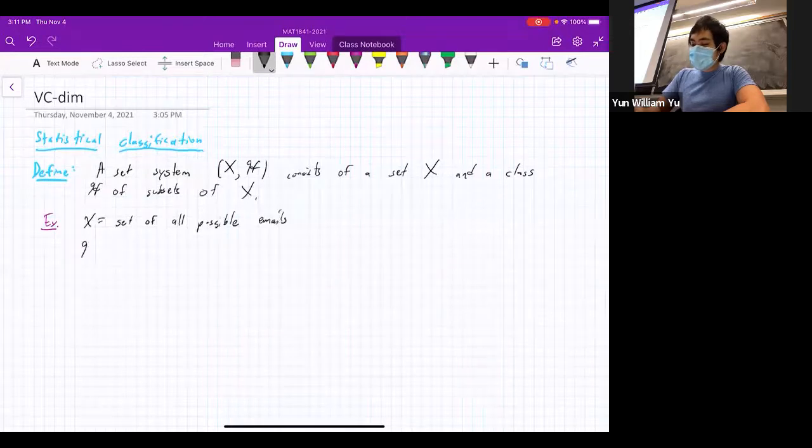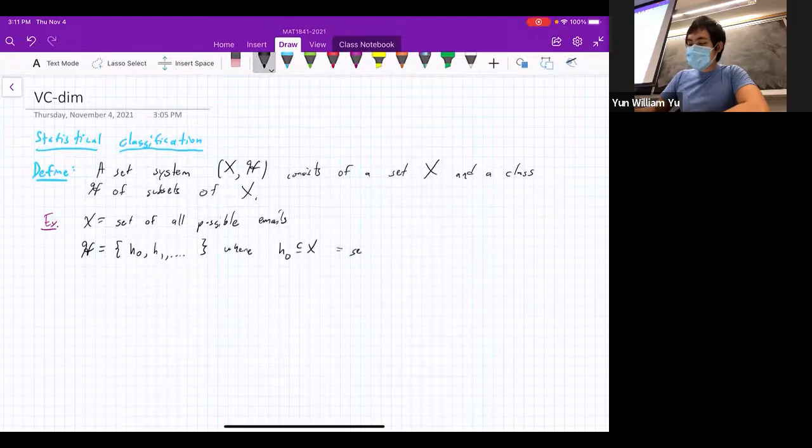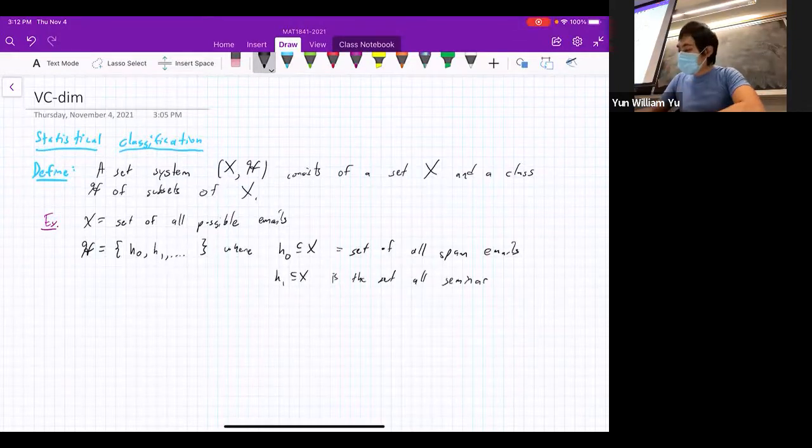And H is a collection of subsets, H0, H1, etc. where, for example, H0 is a subset of X equal to the set of all spam emails. And maybe H1 in X is the set of all seminar emails, which you may or may not consider spam. Hopefully you don't. But there might be some overlap between these concepts,